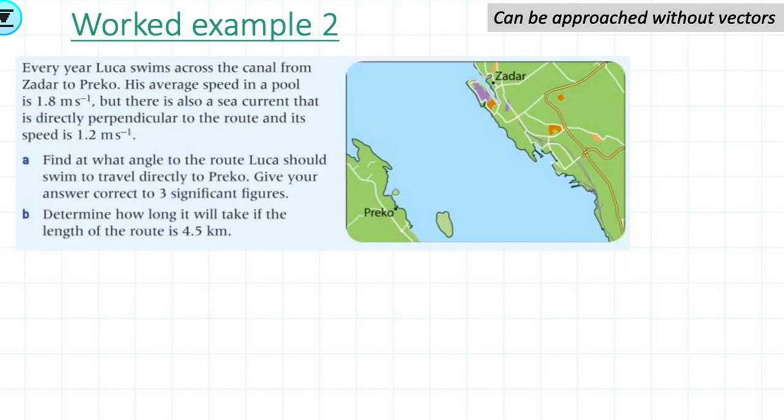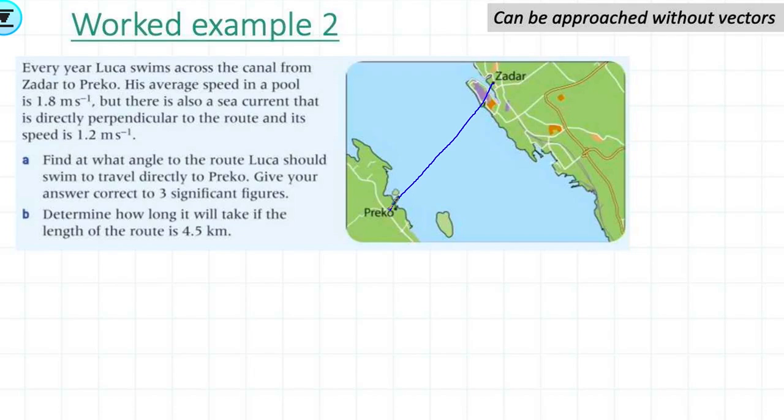For this question, I'm just going to show the initial setup because the wording of this question is a bit weird, and it just takes a bit of imagination to understand what it is asking. So again, you can pause, read through the question, see what it expects. I'm going to explain it through a non-vector method, and again, you can see the solutions using a vector method. But the idea is that this is the route